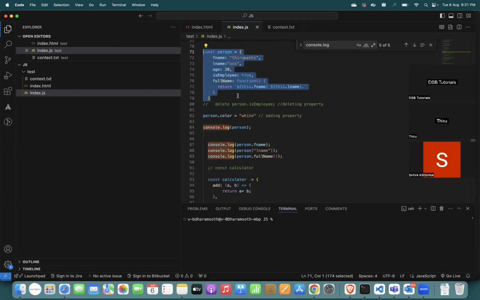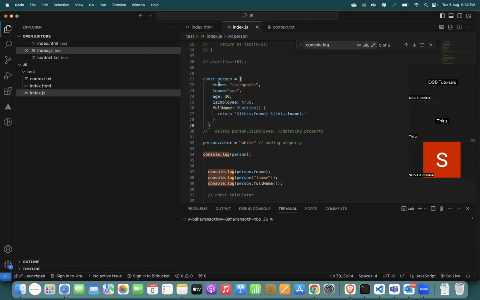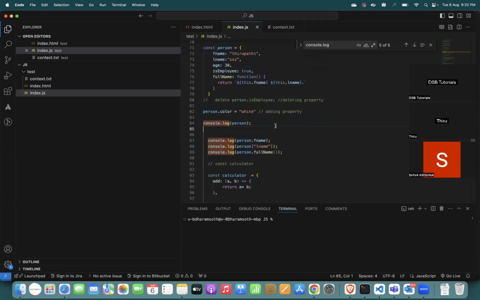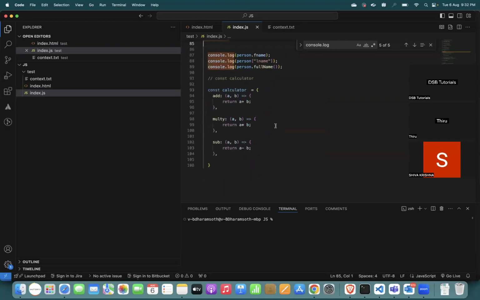I'm deleting. To delete one property, you can use the delete keyword. If you want to add any other property in the object, you can write person dot color or anything. Any property you need to add, you can add like this, and you can check it with the help of the console. The console will help to understand whether the property is being added or deleted. Okay. Next,